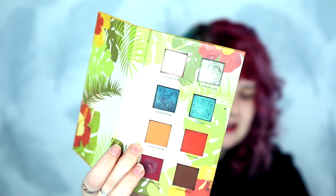So I'm going to start off with quite a simple base though. I'm probably going to use my Alamar Cosmetics, this is really dirty, it's their Caribbean one. It's the volume 1 eyeshadow palette, the one inspired by Cuba apparently. And I've been using the Cocoa Taxi quite a lot, which is that one here, for just the base. I don't know why, I just feel like I need some sort of base, otherwise I end up messing up